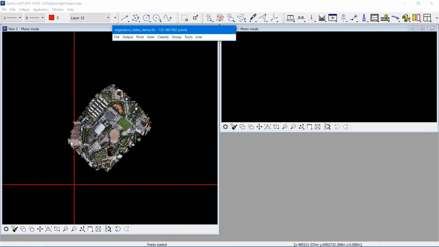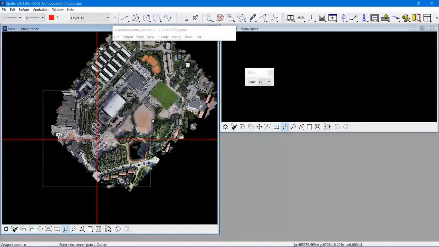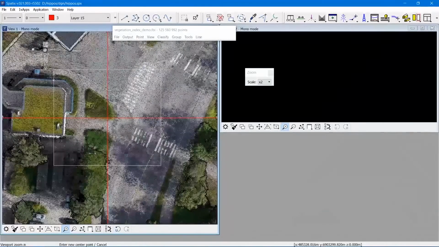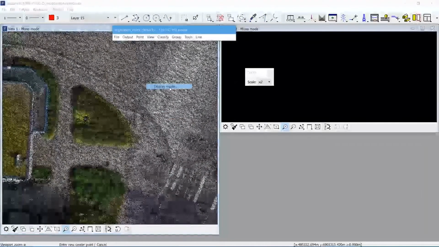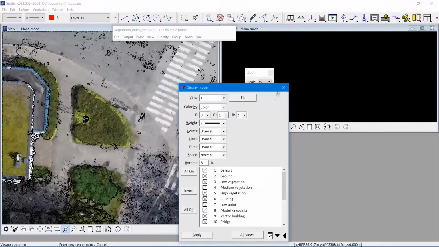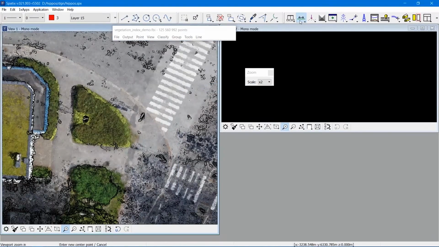So we have color and the kind of places where I'm hoping for the vegetation index to give me a nicer result is places like this,